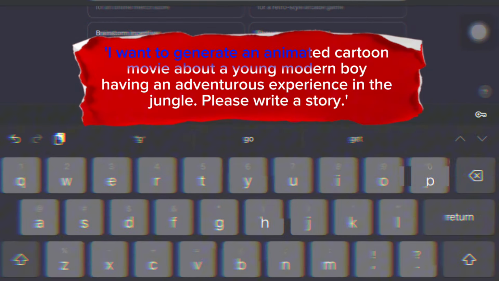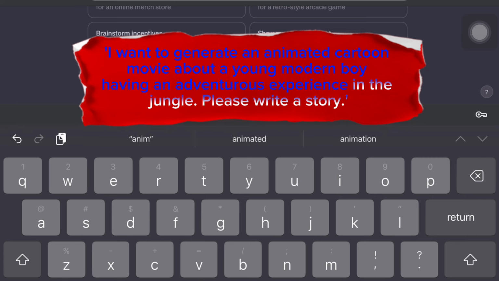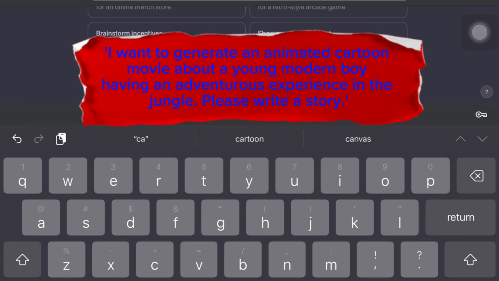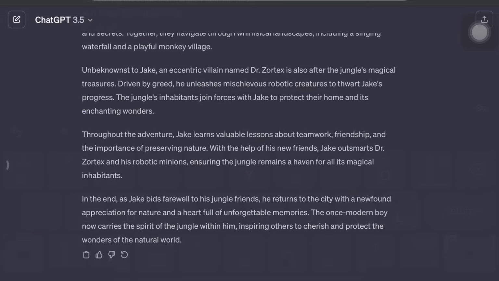Let's kick things off by heading to ChatGPT and typing, I want to generate an animated cartoon movie about a young modern boy having an adventurous experience in the jungle. Please write a story. ChatGPT will then generate a story, and for our animated movie, we'll proceed to generate images